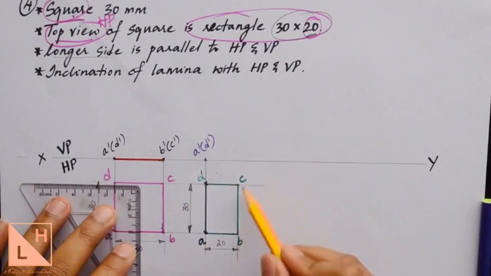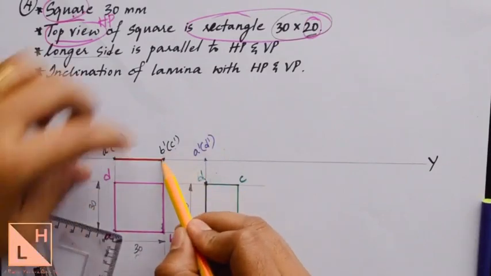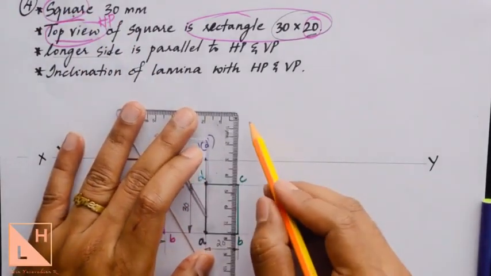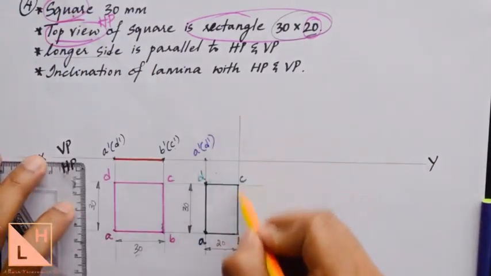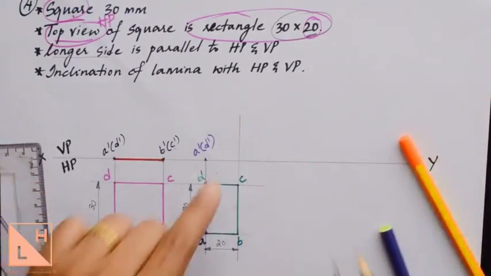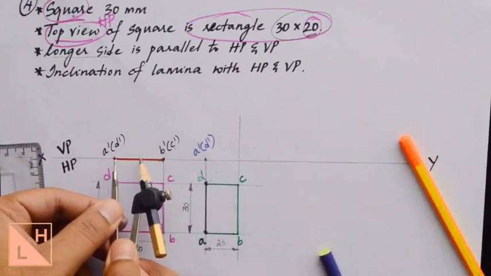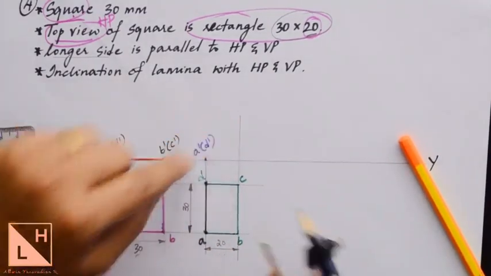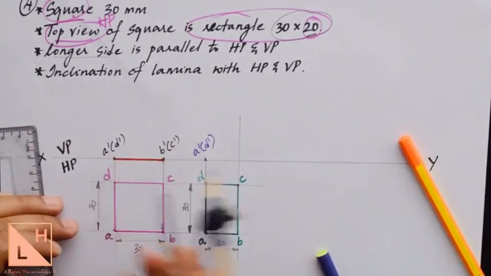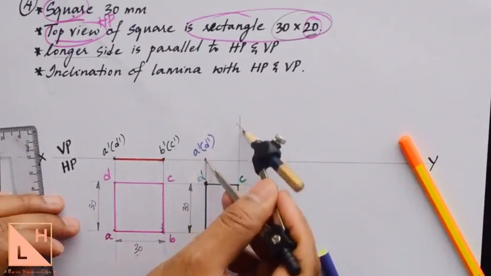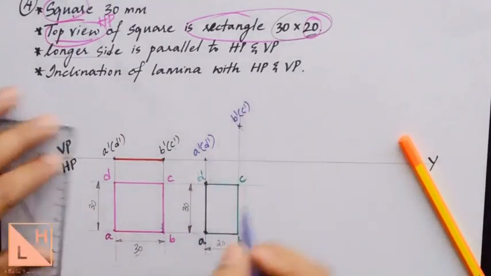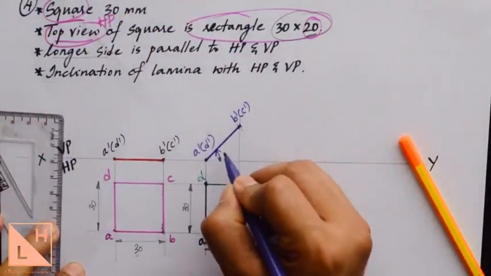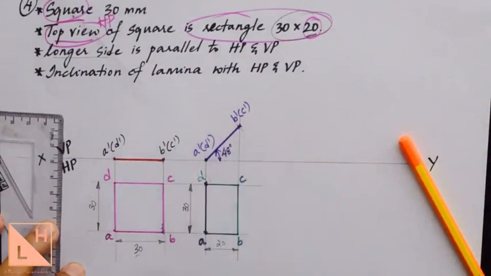And the points B, C, that is B dash C dash, will not be on XY line because it's going to be rotated. So we don't know where this B dash C dash is going to be found, but one thing is known, it should be found on this projection line only. Now we do not know the angle here, but we know the distance from A dash to B dash. So we have A dash here, I know that B dash C dash should be found here. So you can measure this distance from the first position and cut the arc from here. When we measure this angle, you are going to get an angle of 48 degrees.